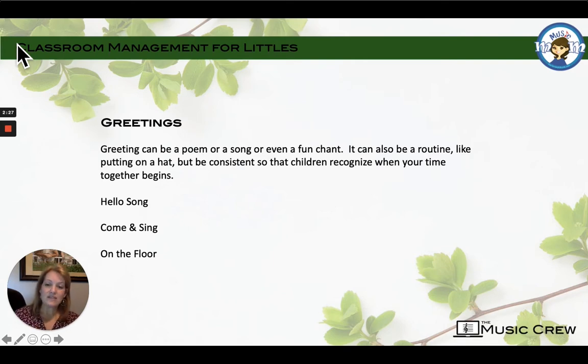One of my favorite songs, I'm just going to pause right here and tell you guys that my daughter got married last weekend, and so my voice is a little worn out, and so my higher register has simply not been there today, and I'm going to apologize for that up front.